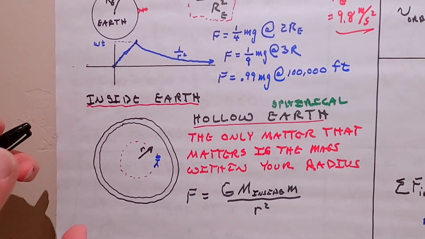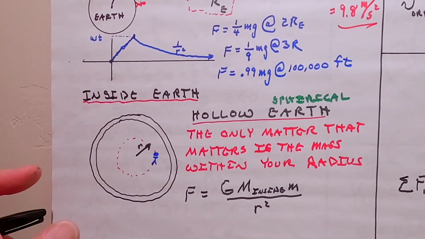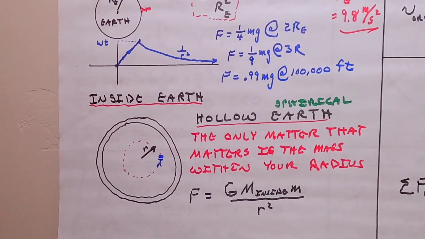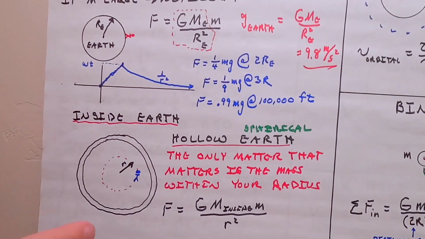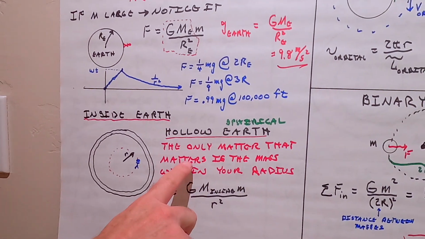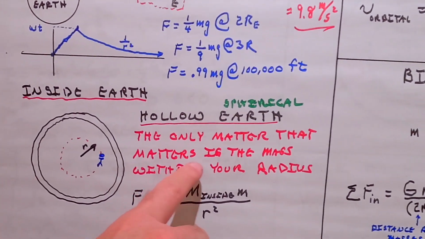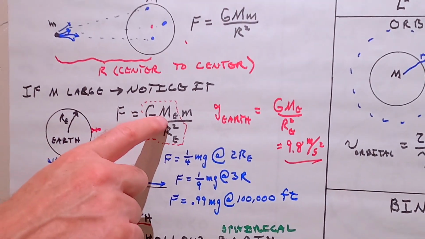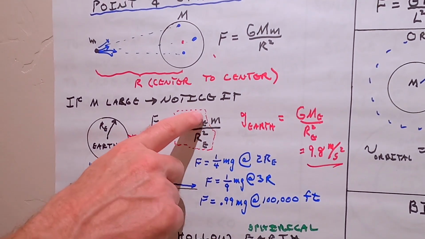And it just so happens, because of the shape of a sphere, that the forces all cancel out. And matter of fact, the only matter that matters, that's pretty profound, is the mass within